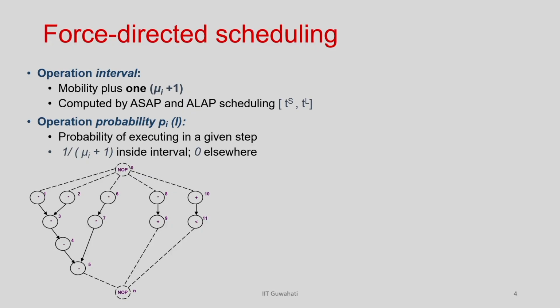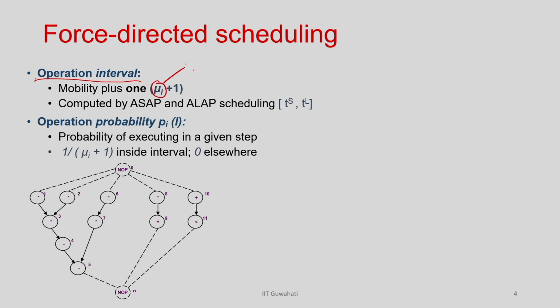Okay. So, let us move on. First we will understand the operation interval, which we are already aware of. Given a latency bound lambda, the ASAP tells me the earliest possible time where the operation can be scheduled, and the ALAP, which is the as-late-as-possible scheduling algorithm, will tell us the latest possible timestamp where this operation can be scheduled. And if I say the gap is mu I